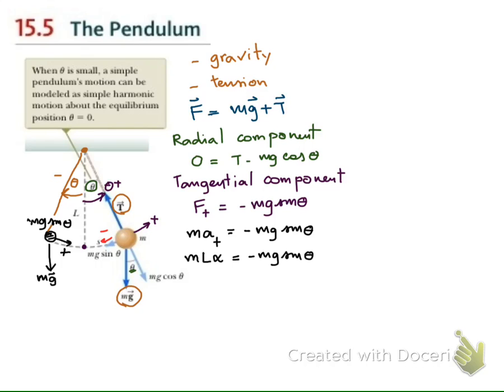Here, alpha is the angular acceleration of the mass m. So we may write this equation as